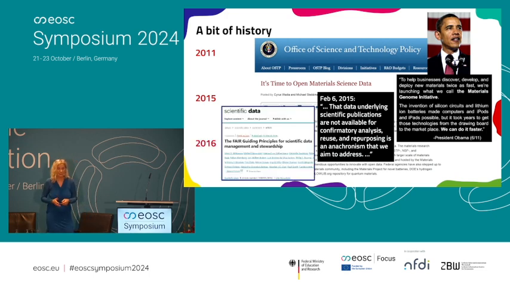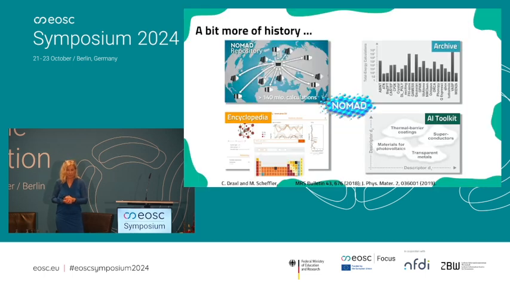And one year later, finally, this very famous paper on the FAIR guiding principles appeared. This was in 2016. Now I have to say I'm a little bit proud that we announced the NOMAD data platform in 2014, and I would like to convince you in a snapshot that this was already